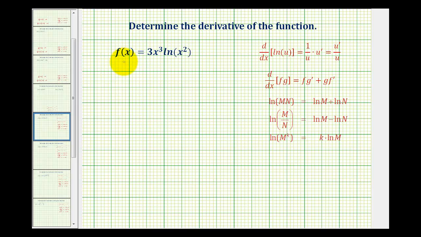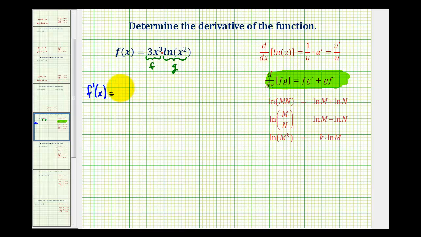To determine the derivative of f of x equals 3x cubed natural log x squared, we need to recognize that we have a product of two functions, so we'll apply the product rule, which is given here. So let the first function equal f, and the second function equal g. So f prime of x is going to be equal to f times g prime plus g times f prime,